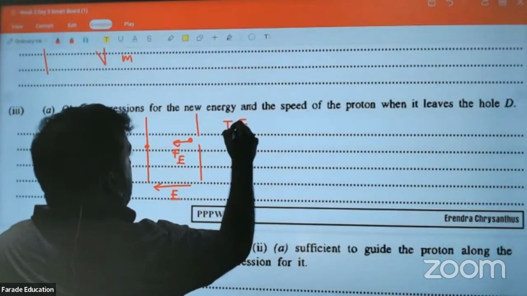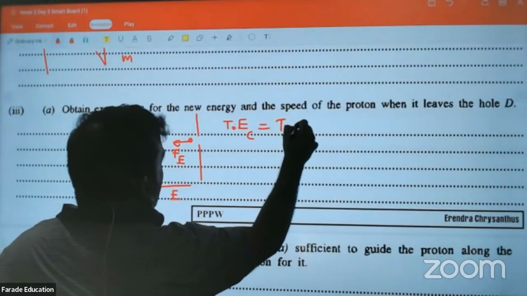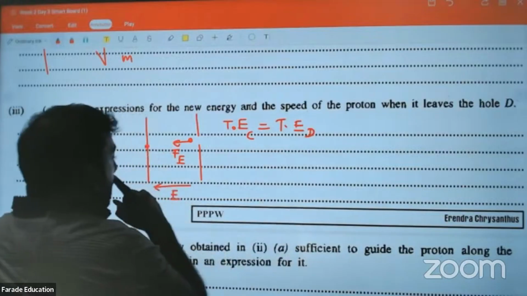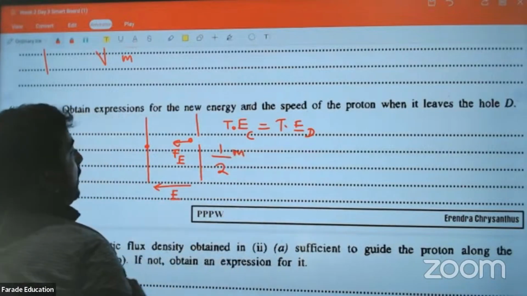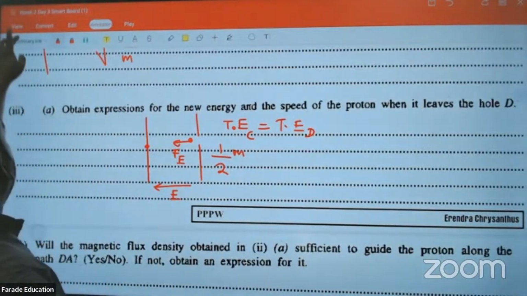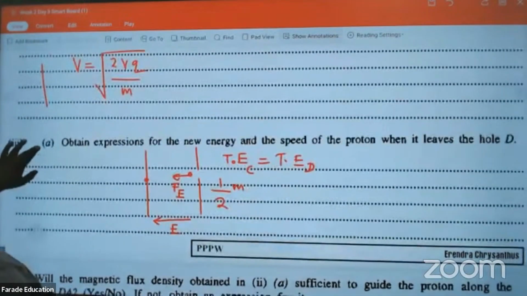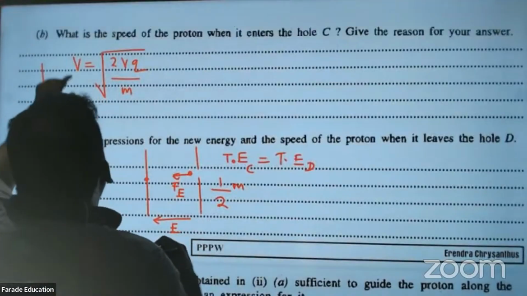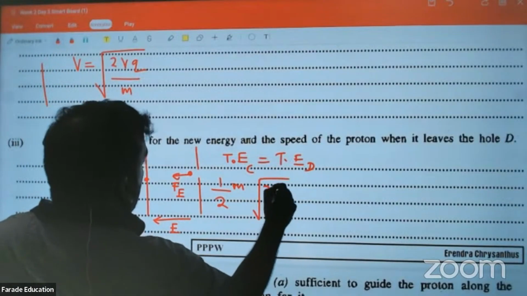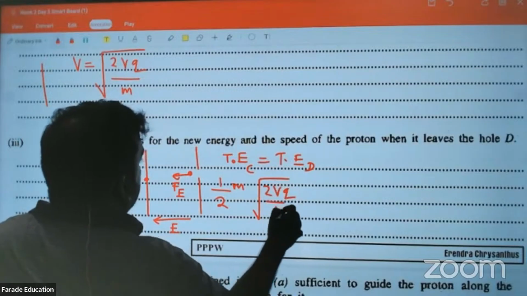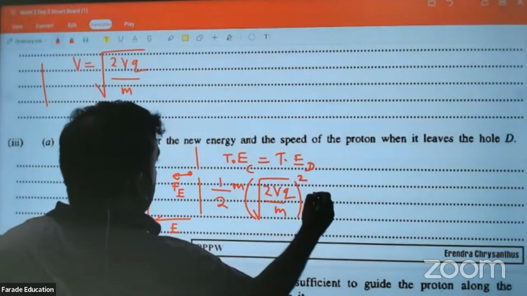Total energy initial equals total energy final. Total energy initial is half m velocity squared. Velocity squared is going to be 2VQ over m, plus